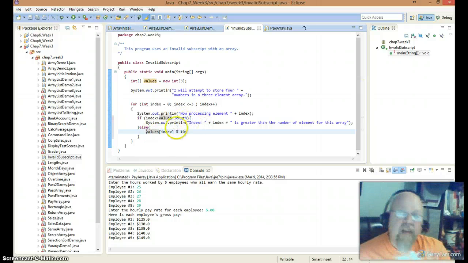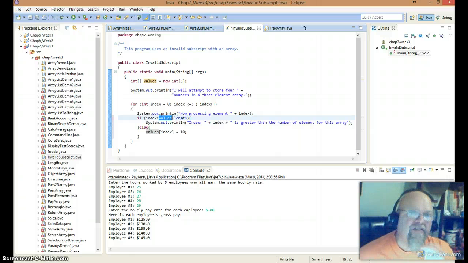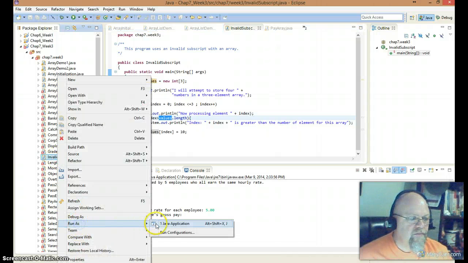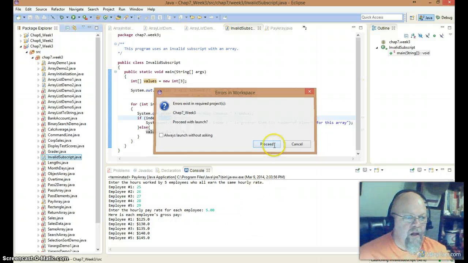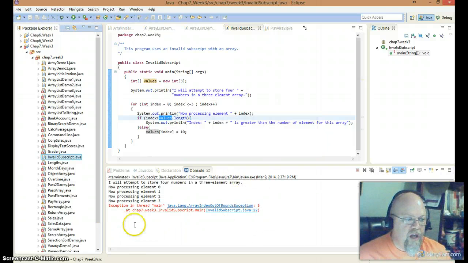So this is kind of a nice way to check it. Now what is this? This is the name of the array, and it's got dot length. What is that? Well, the dot length tells us how many elements are in this array. So it's a nice way to know how many elements you have, and to double check you don't go outside and get that out of bounds exception. So if I save this and try to run it, and it runs,